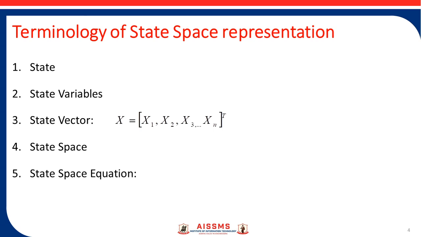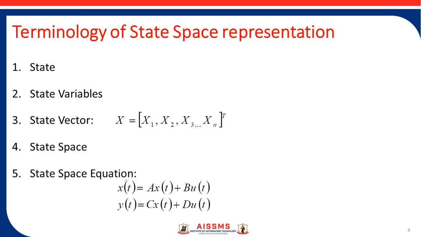terminology used in state space representation: state space equation. The state space equations for continuous time linear time invariant systems are x dot of t equals A x of t plus B u of t, y of t equals C x of t plus D u of t. So the first equation is the state equation and the second, y of t equation, is nothing but the output equation,